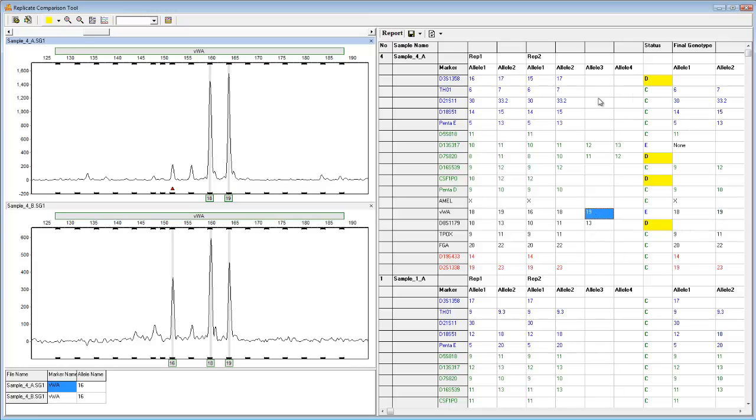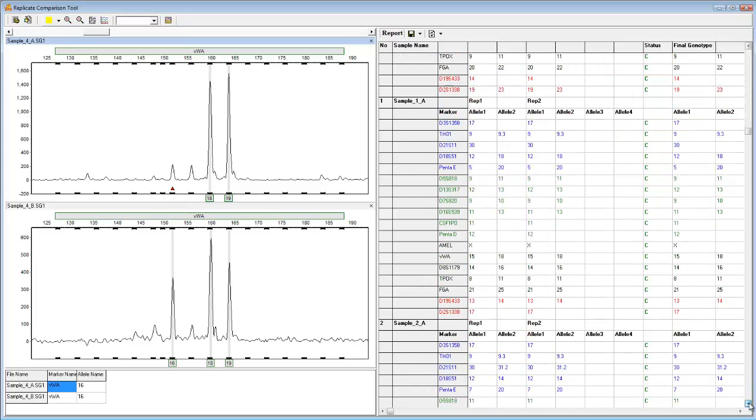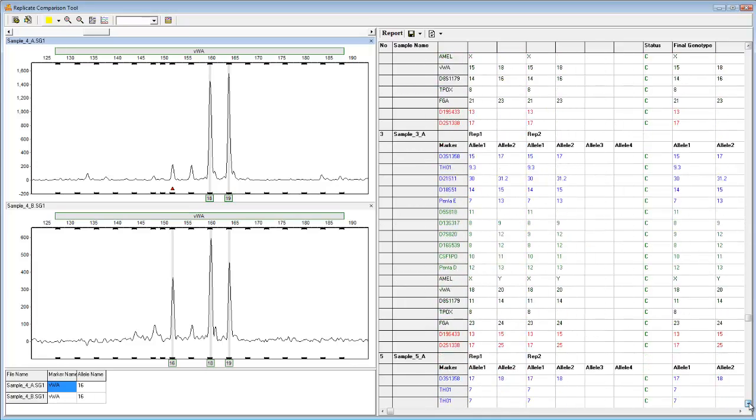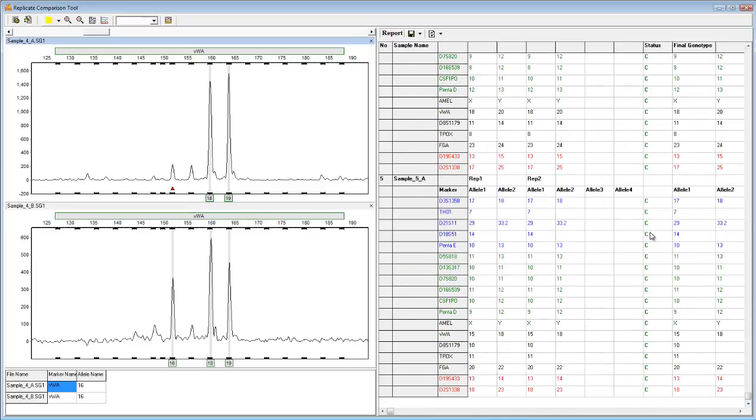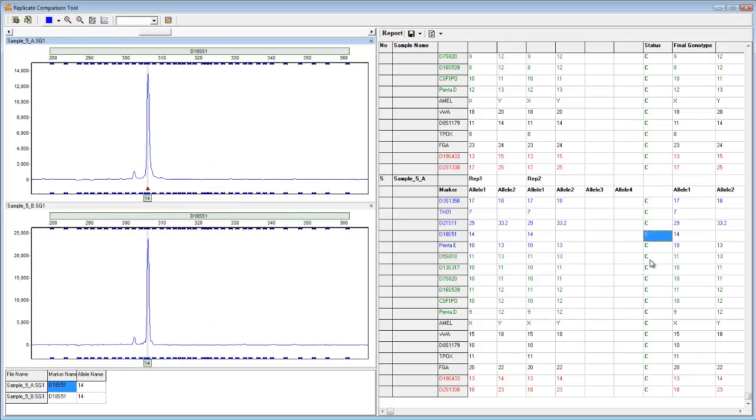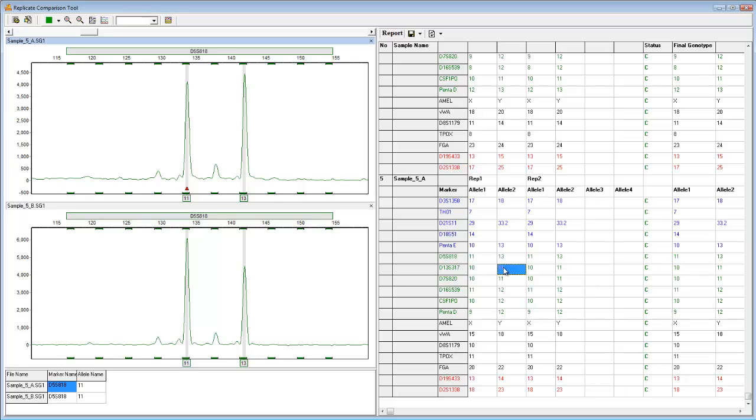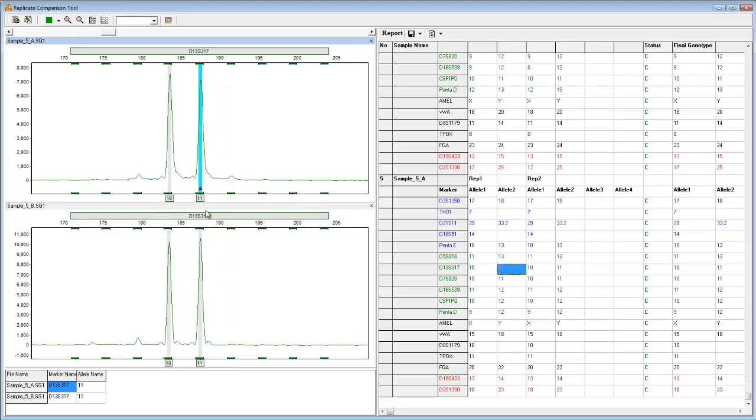I'd also like to point out that this report table has a filtering feature where replicate groups with discordant calls are filtered to the top. So when we opened this window, we can see all these discordant calls here, but if we scroll down to the bottom of the table, we'll see all of these other replicate groups are completely concordant, and we can just check that by clicking on the status column or by these allele columns and confirm that yes, this has 10 and 11, and the corresponding replicate also has